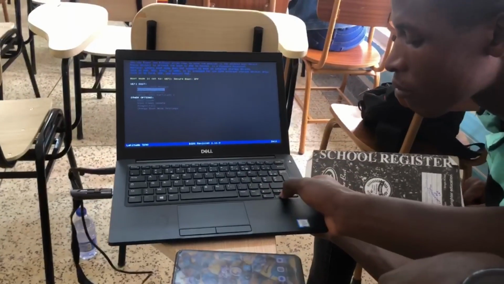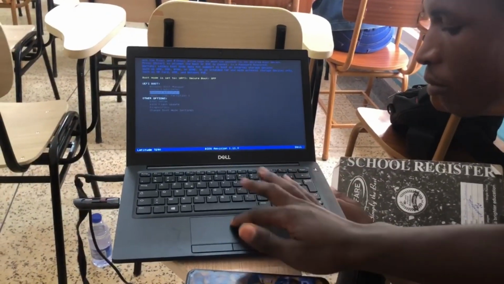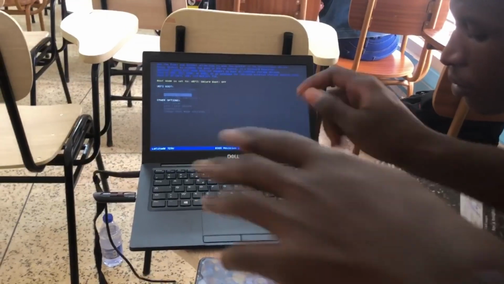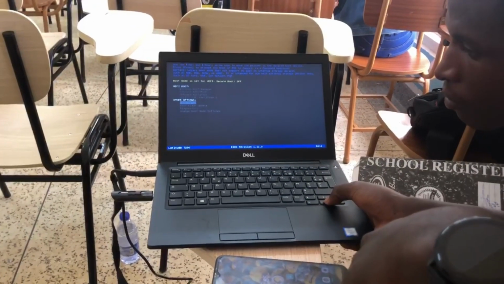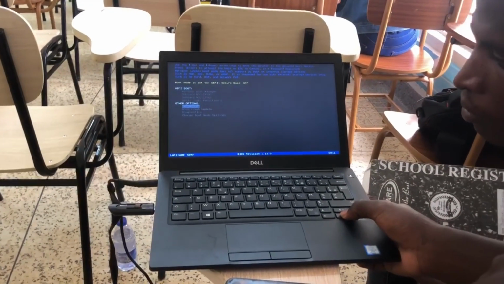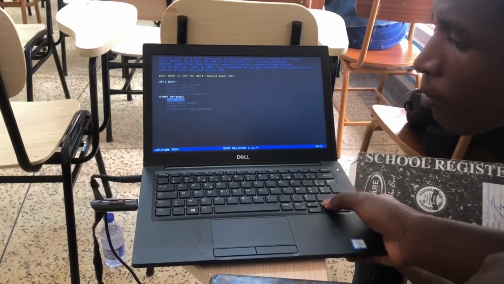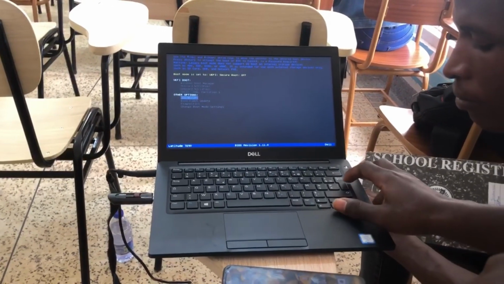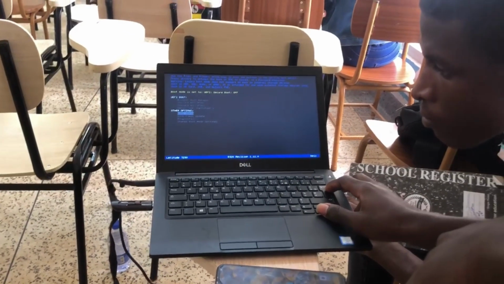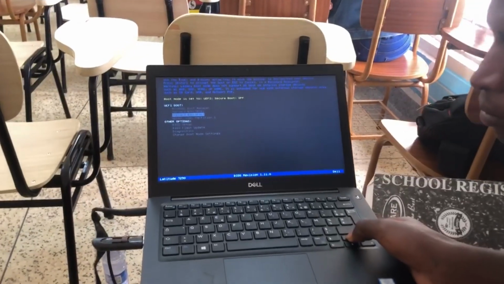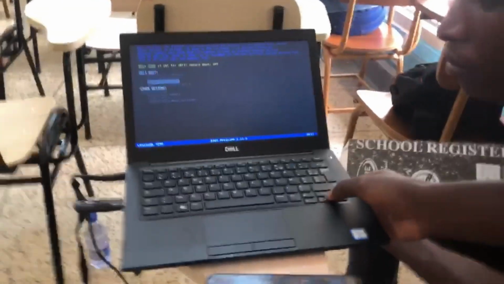I'm pressing F12, and that's the boot menu, so that we can choose our USB again. Those are the different partitions we have, the different devices we have. So we shall look for the USB. Ours is a SanDisk and a UEFI. Yes, we choose it, and when we choose it, we shall be able to go into